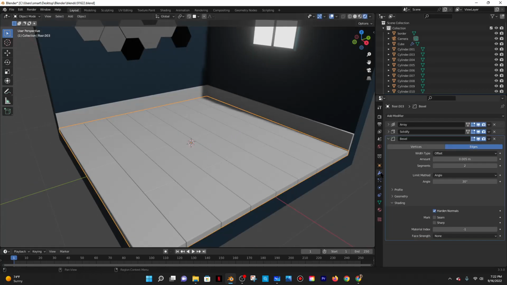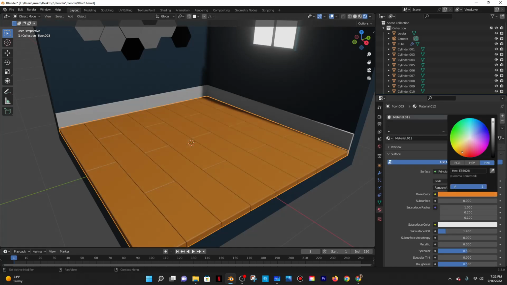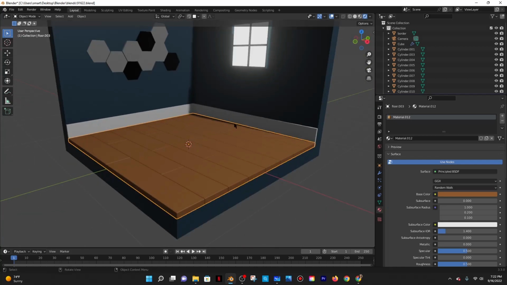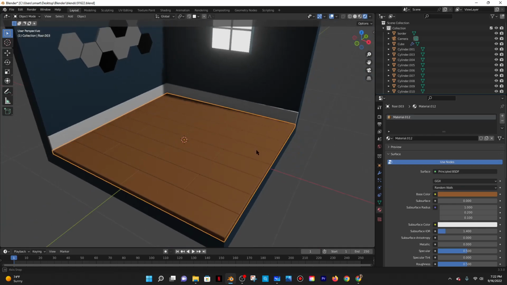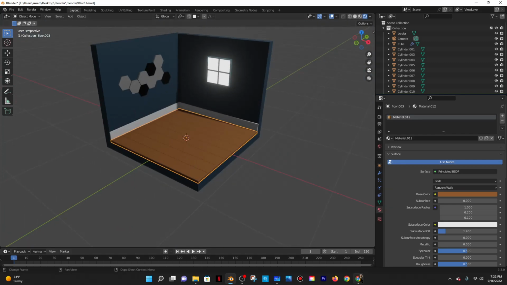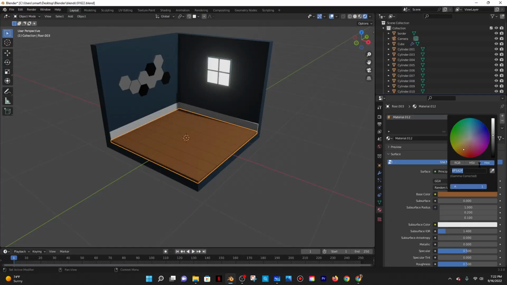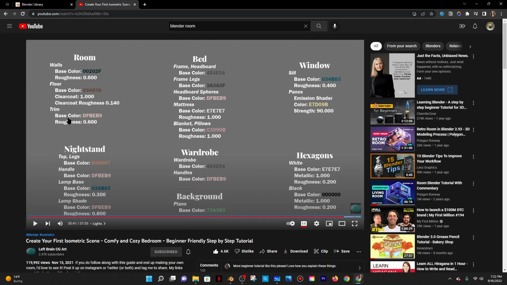So for these, I could just go here, add a material, do like a brown. This is so exciting. Something like that. So it looks nice like paneling. It's really nice. And then what's the next thing? Oh, look. Okay, so floor 6948 3A. 6948 3A. Oh, that's the color. Perfect. All right. The trim